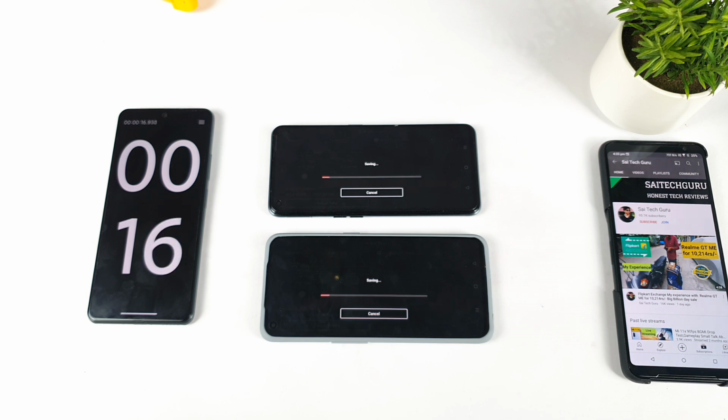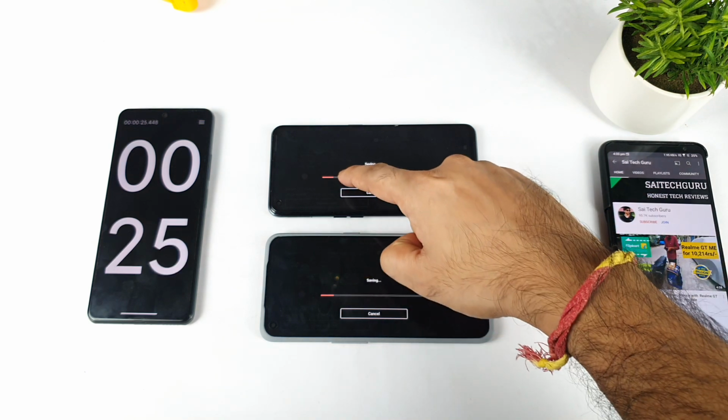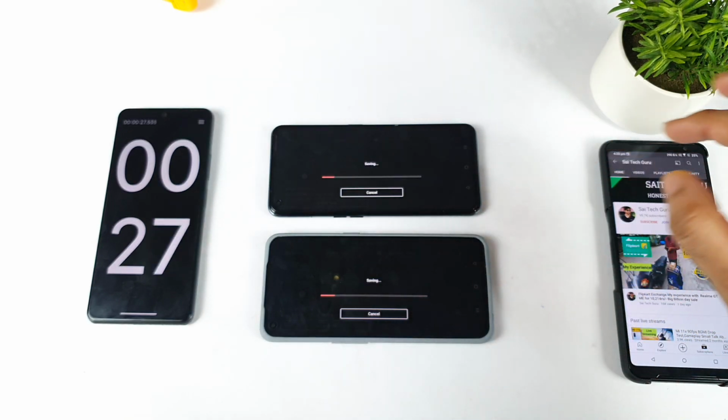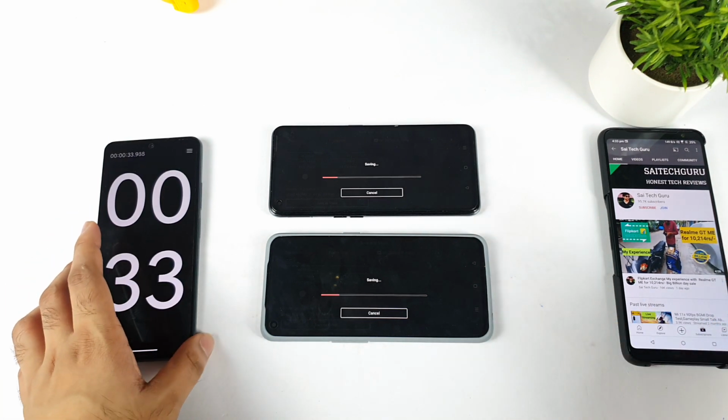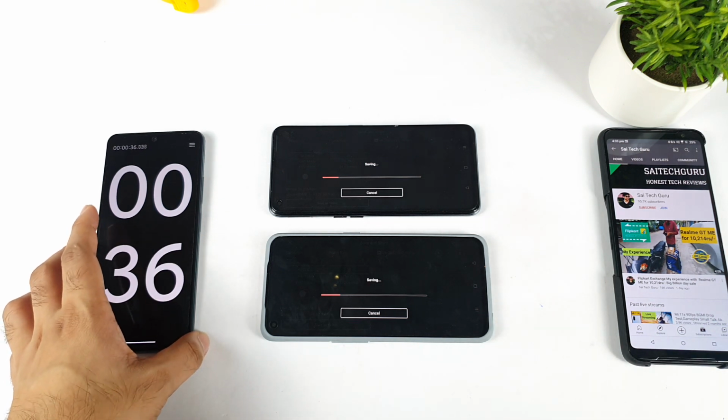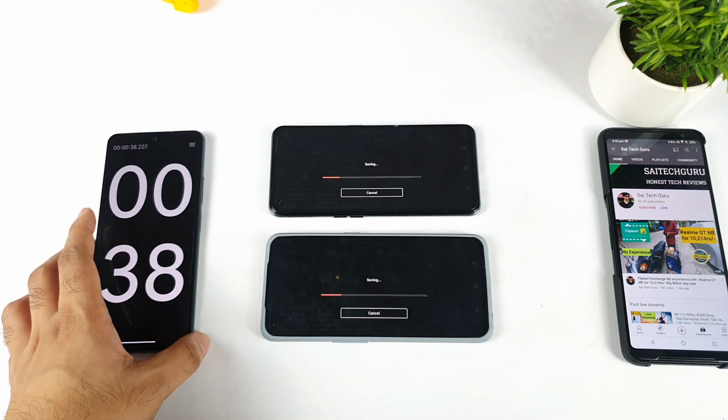So this time, shockingly, the surprise was the Realme GT Master Edition. It was able to pick up exactly the same speed as the Realme X1 Max. Not bad. You can see clearly the same kind of speed in terms of the 1080 to 4K rendering speed. Next video I'll definitely do using the high performance mode and GT mode. Right now I did not include any kind of GT mode at this moment.